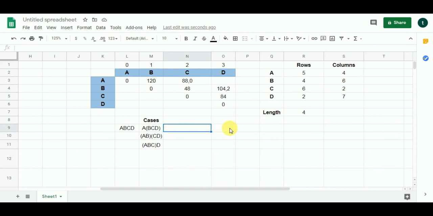Let's focus on this case. So I will be writing first the cost of A, which is going to be 0, as we already know, and then the cost of BCD. So BCD is 104. Let me write it over here, and then we are going to put down the cost of the multiplication of A with BCD. So it is going to be 5 into 4 into 7. The result of the summation is going to be 244.